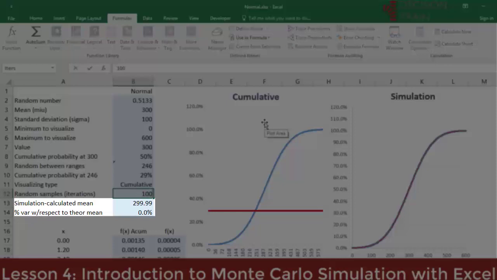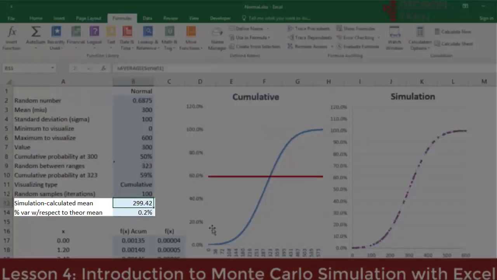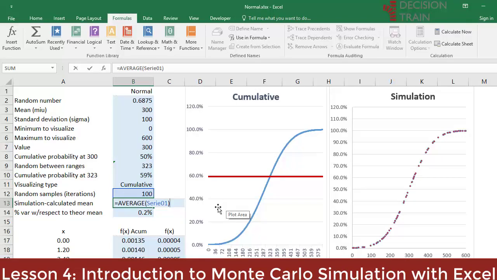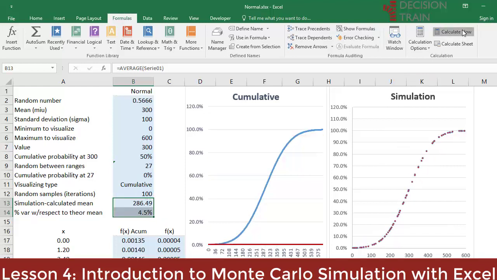Cell B13 calculates the average generated with the specified number of iterations. With only 100 iterations, although the curve drawn on the right is already converged, it can be seen that when recalculating this mean, the absolute and percentage differences with respect to the theoretical mean are still significant.